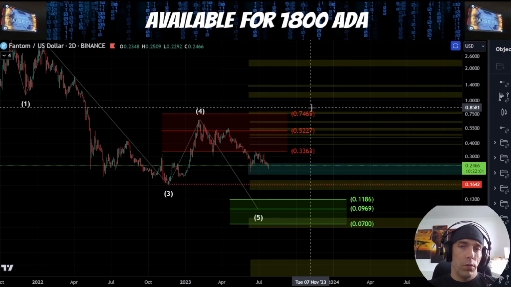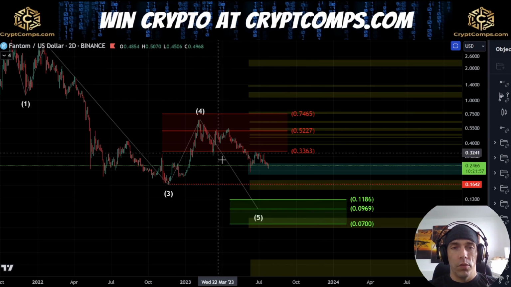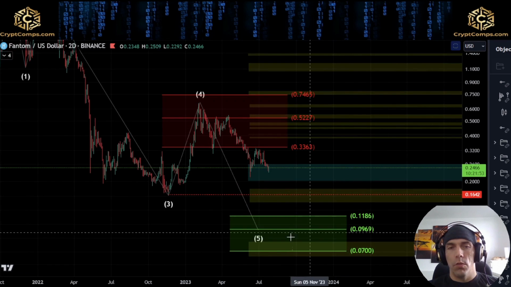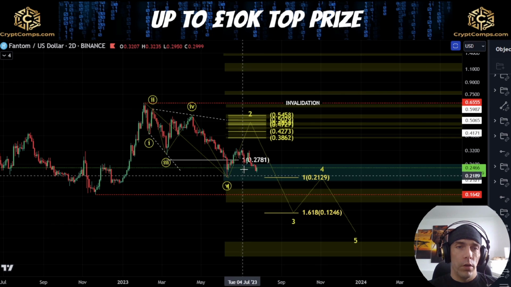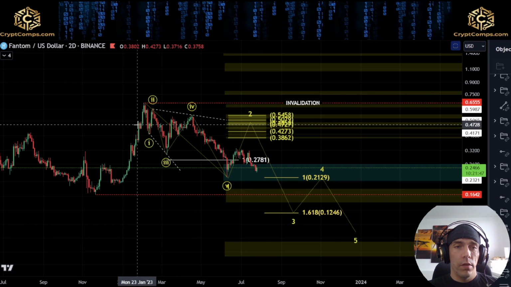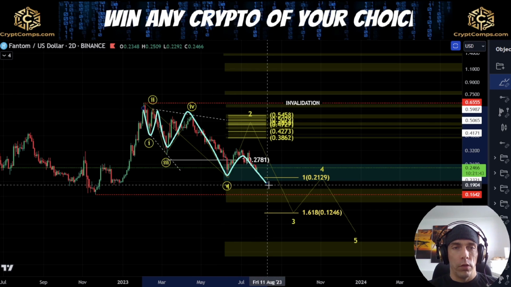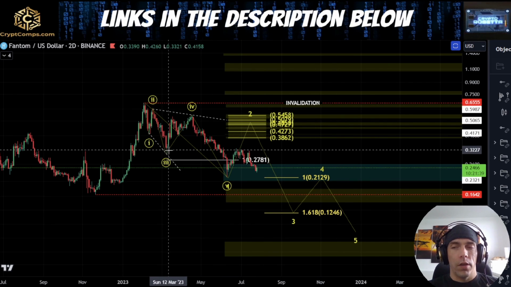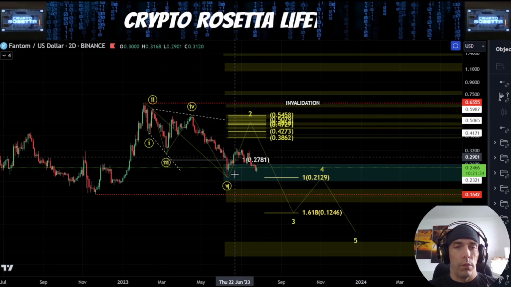So if we fail to break above the 74.65 and we continue to break down here, possibly we could be setting up for this 5th wave. Now, the structure within this is not great currently, and if we're trying to look at this as a 5-wave move, either we have this as 1, 2, 1, 2, and then this is looking to break down in a bigger way, looking for a 3rd, which is once again not as clean, or alternatively we would have to say this is 1, 2, 3, 4, 5, and